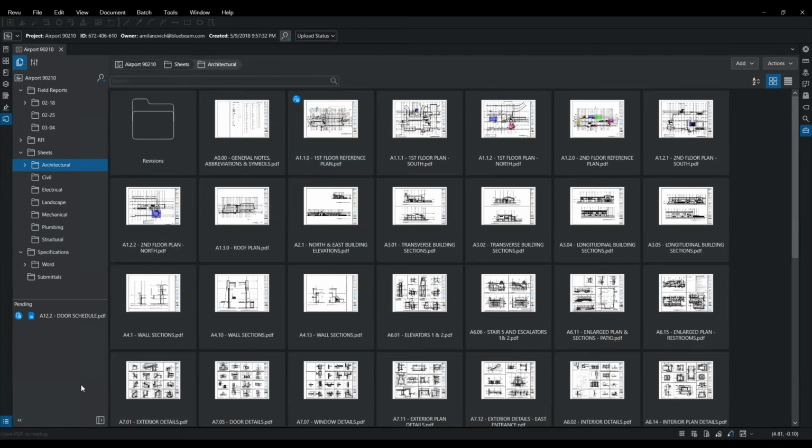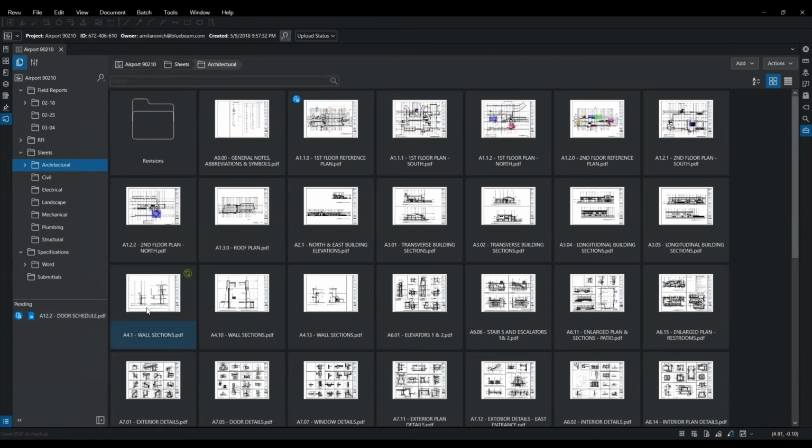You'll also notice in this bottom left-hand corner, this option where it says pending on the left-hand side of my screen here at the bottom, you'll see that these are the documents that I actually have checked out. So if I hover over it, instead of a person icon in that blue circle, it's actually just a piece of paper or a PDF icon right on top of it. That's because I have this document checked out. That means I took the book out of the library. When I come to the library, it's saying, hey, that book's still not here. Make sure you finish what you're doing and check that back in.